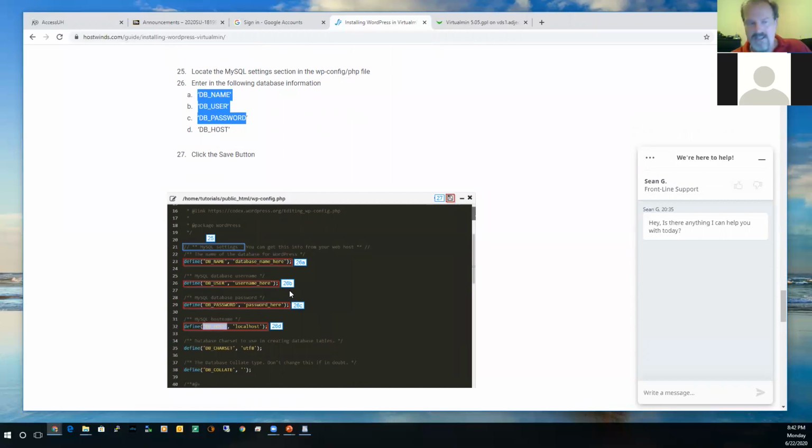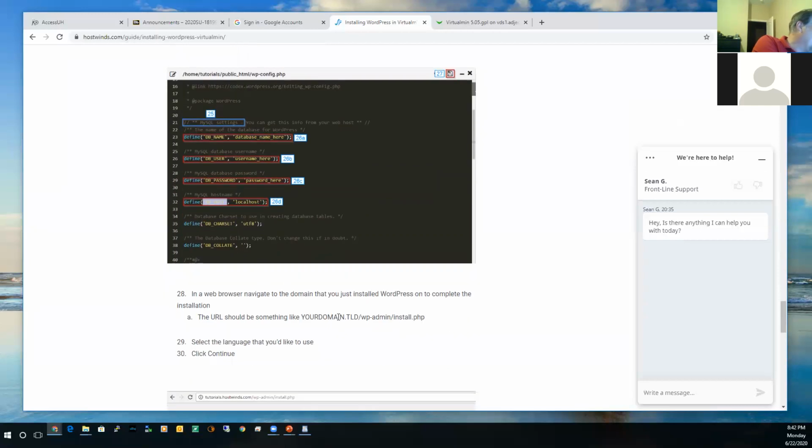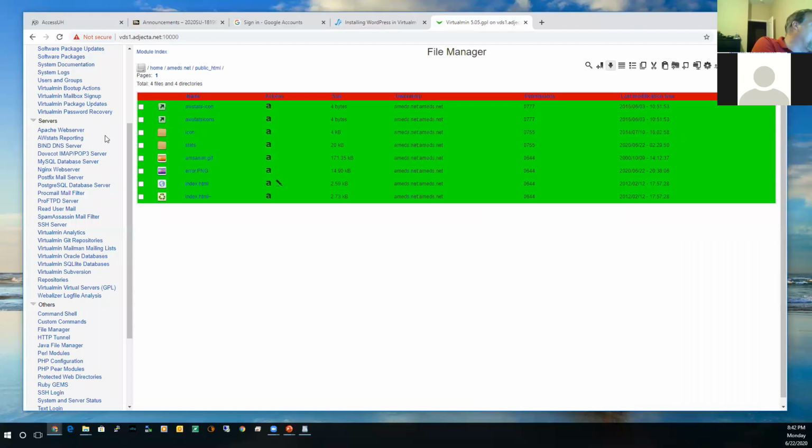And this is why they're suggesting to use Virtualmin, because you don't have to worry about Nano, because you're doing it all from the web GUI. And it wants you to edit these 3 items: the name of the database, the username, and the password. What do you put there? Well, a database was already created, and that's where this differs from the regular WordPress installation. WordPress suggests that you create a new database called WordPress, and that you create a new user called WordPress user, and you create a new password. You don't have to do that, because if you look underneath Virtualmin here,